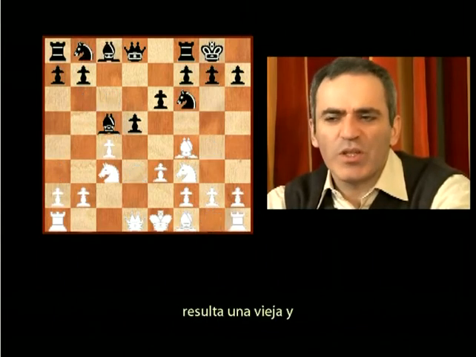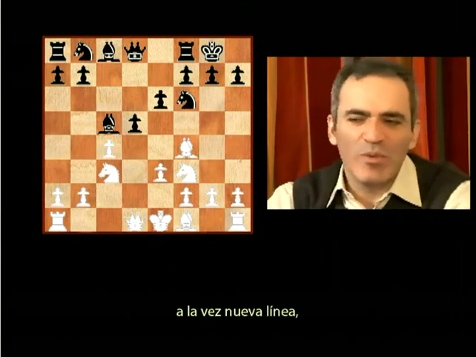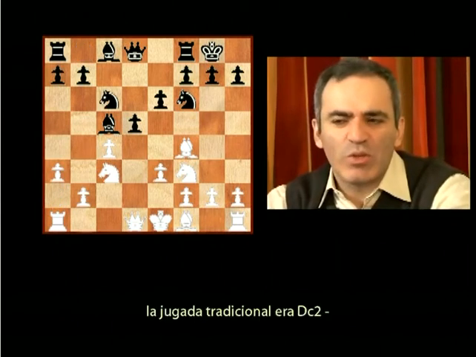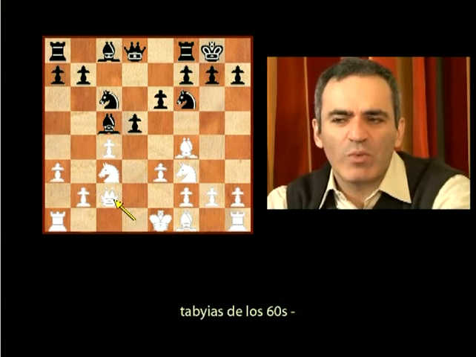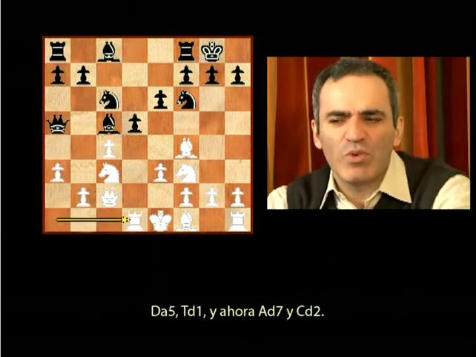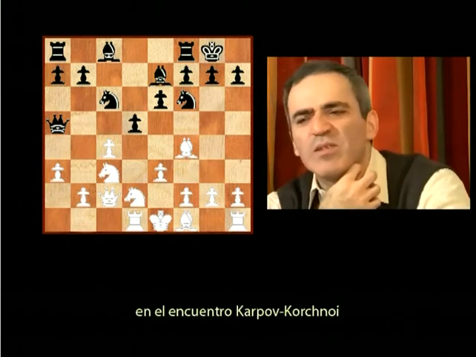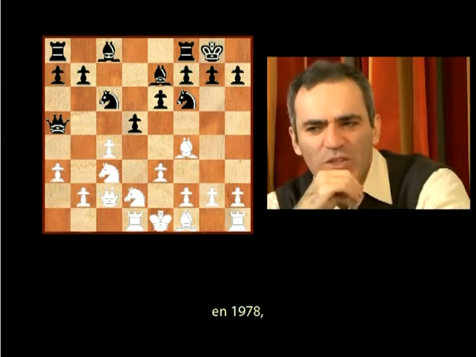So more interesting is just an old and at the same time a new line starting with a3, and after knight c6. The traditional move was queen c2, and that was one of the tabiyas of Sixes. Queen a5, rook d1. And now bishop e7 and knight d2, and this line was extensively tested in Karpov-Korchnoi matches, in a match in 1978,